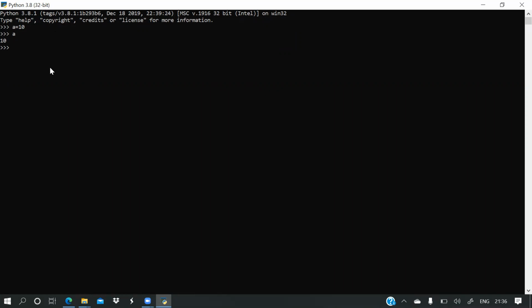Now you can write Python programs here. And what is this code? A is equal to 10, that means the value 10 is assigned to A. Now here in the Python editor, no need to write a print statement. You can directly write A and type enter, then you can get the answer. But in other IDEs, you should write print. Here it is not mandatory to write print.